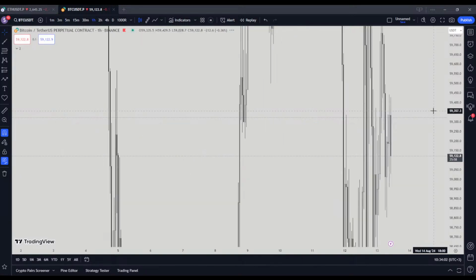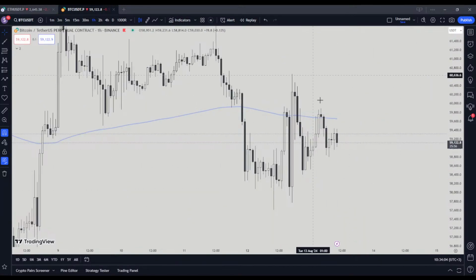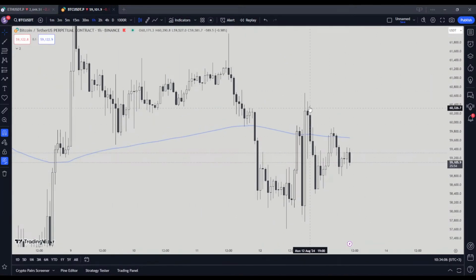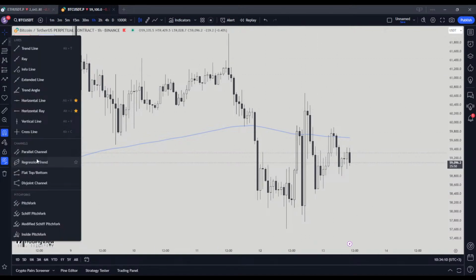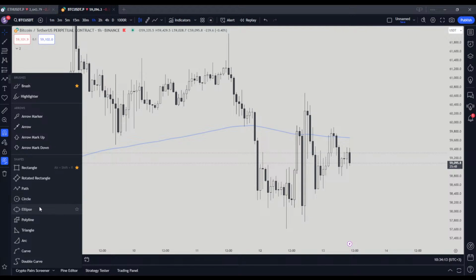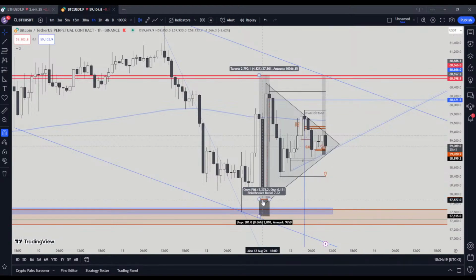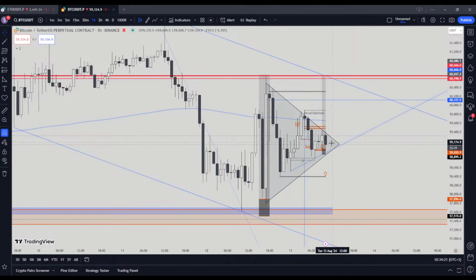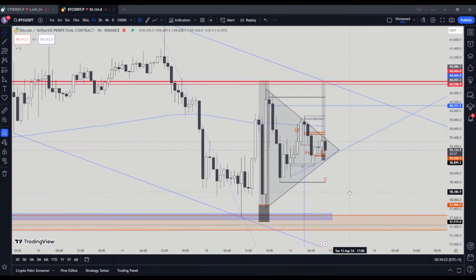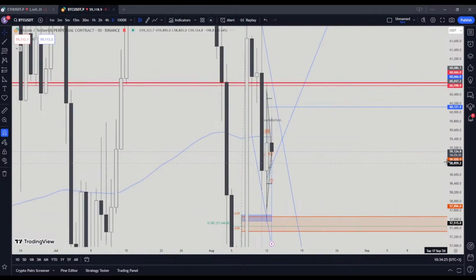So let's go on a 1 hour time frame. We have a kind of a diamond pattern here, a triangle here, and we are at the end of this triangle on low time frame. That means big volatility is incoming soon. I have one long from this area on the big account, and now I'm just scalping and having fun around here. But if we go on daily,